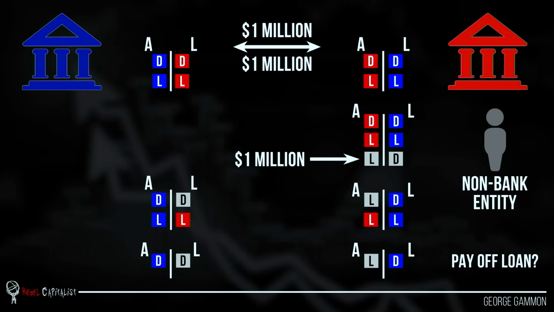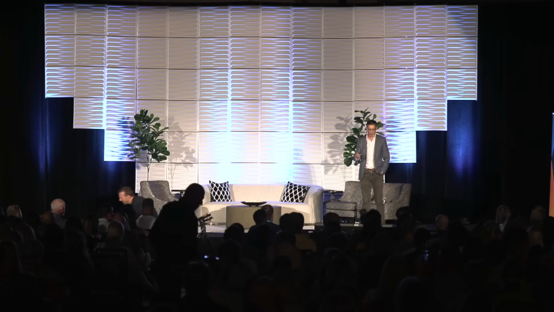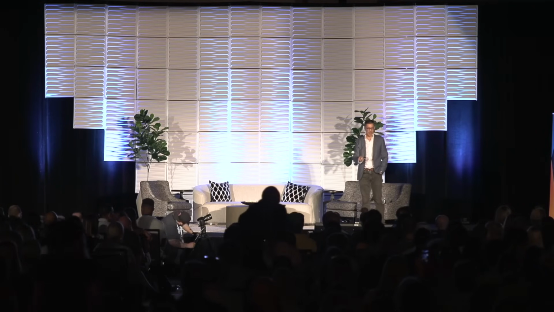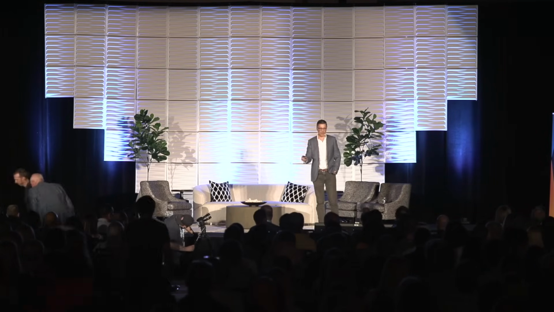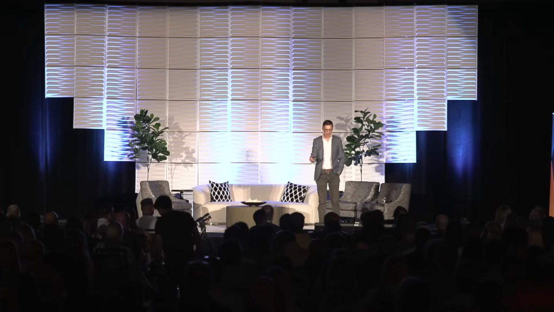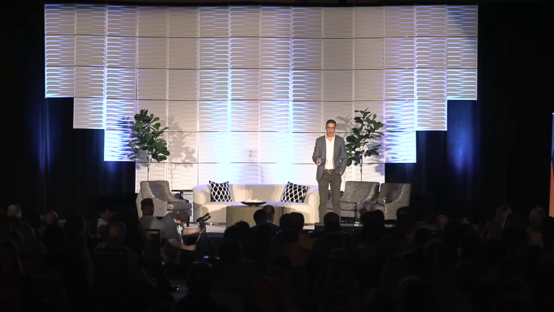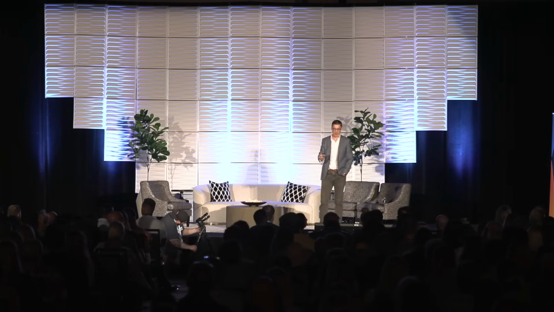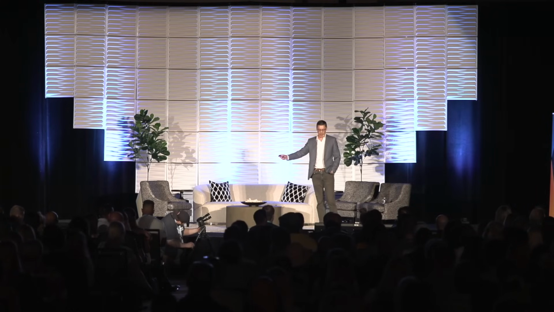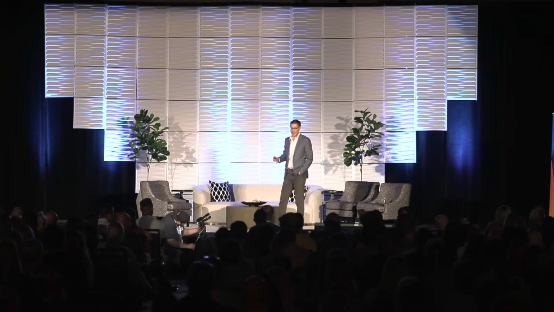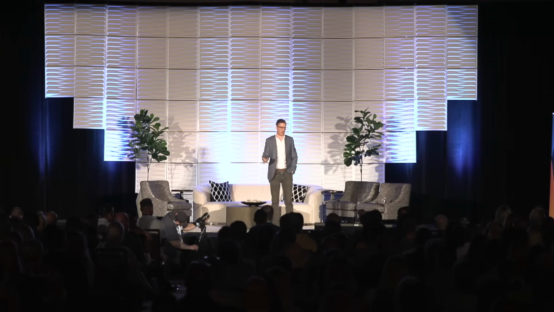And then what they do is, of course, if they all owe each other $1 million, they just wipe out the debt. The only thing you're left with is the two deposits, the one asset, the $1 million for blue bank, then their liability, which is the $1 million for the non-bank entity. Then the red bank, they've got the loan, that's their asset, that they lent the money to the non-bank entity in the first place, and then their liability, of course, is the $1 million that the blue bank has on deposit with them.